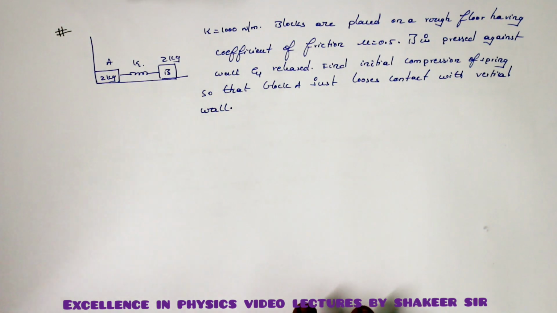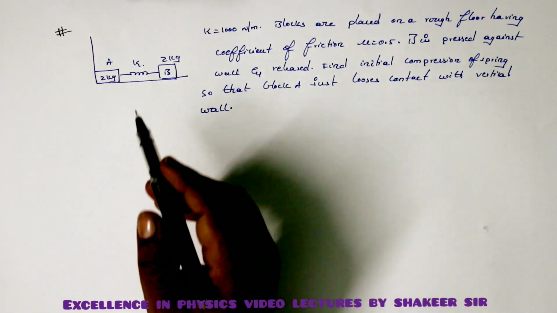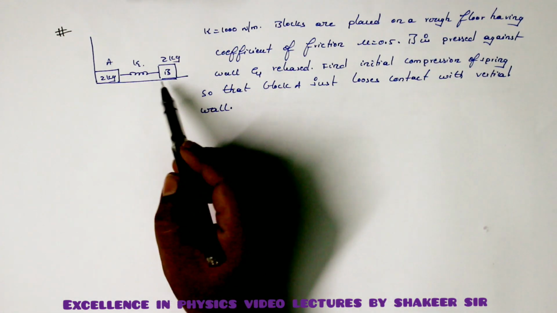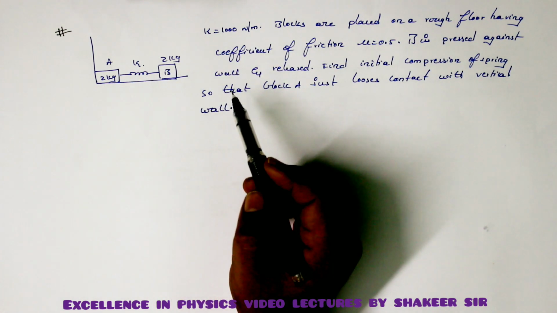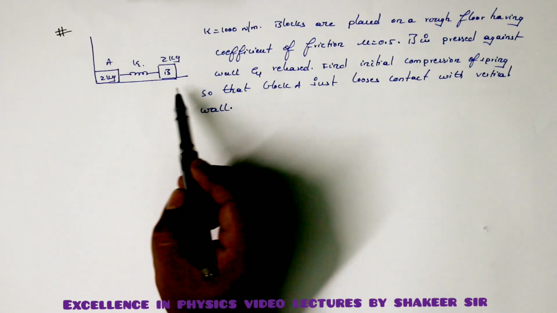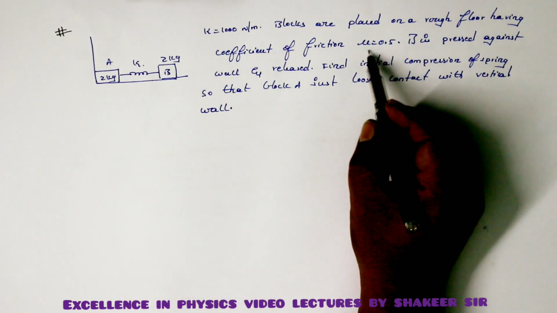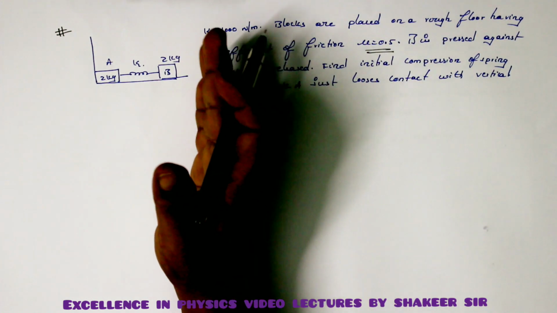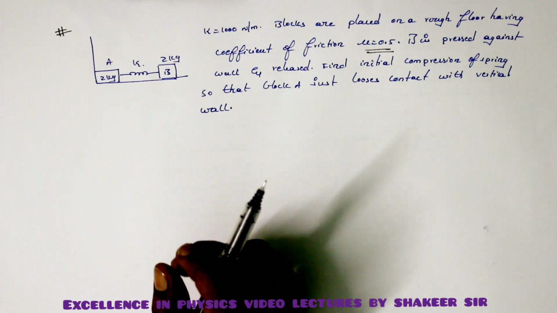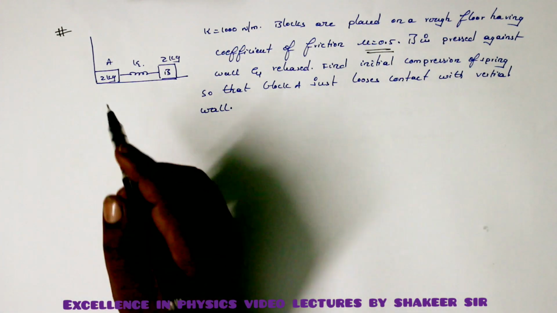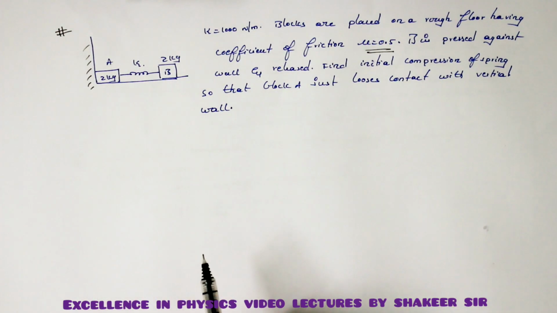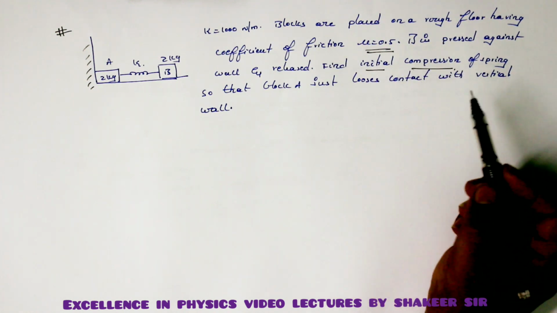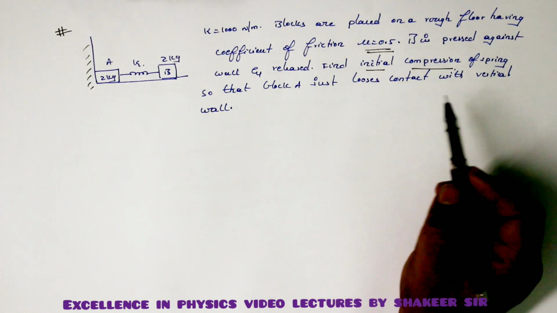So dear students, let us see this problem. Here a spring connects two blocks, 2 kg and 2 kg, A and B. They are connected by a spring whose spring constant is 1000 Newton per meter. These blocks are placed on a rough surface having a coefficient of friction 0.5. I have to compress body B such that if I release it, then this 2 kg body should just leave contact with the vertical wall. That is the question. What is the minimum initial compression so that block A just loses contact with the